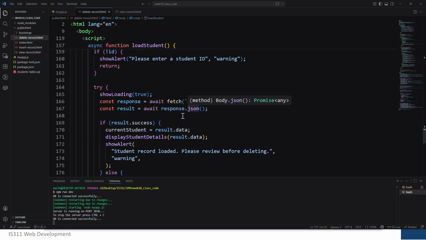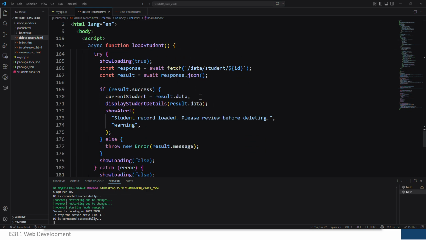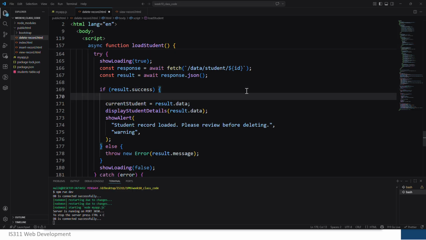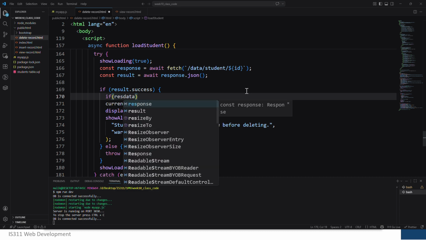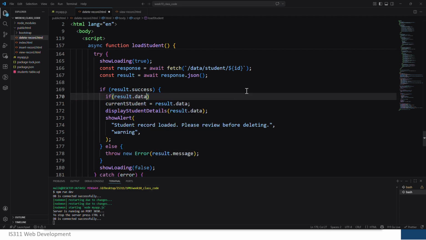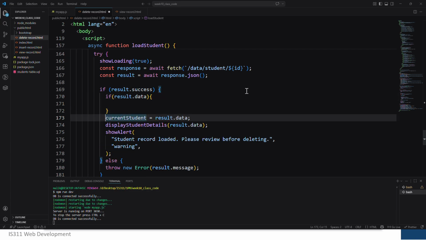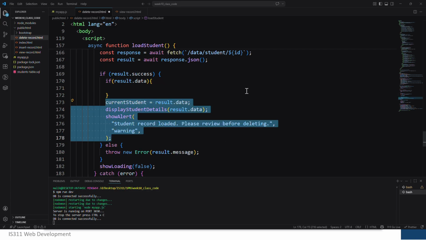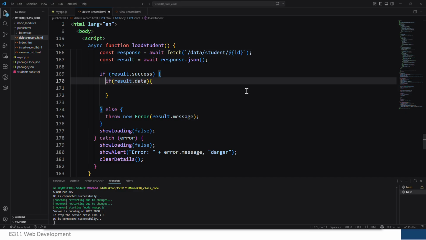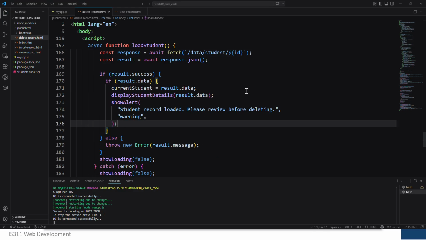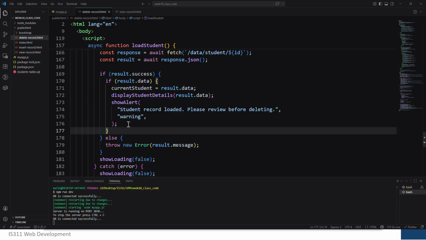If the data is not there, maybe you are trying to access a specific ID which actually does not exist. So we can say if we have the data, result dot data, then we are going to do this. And if we don't have the data, in the else part,